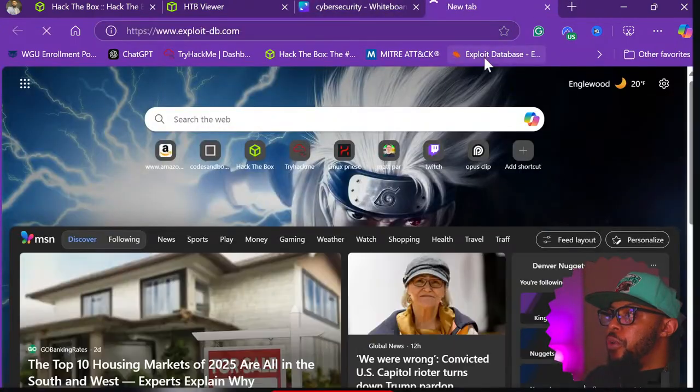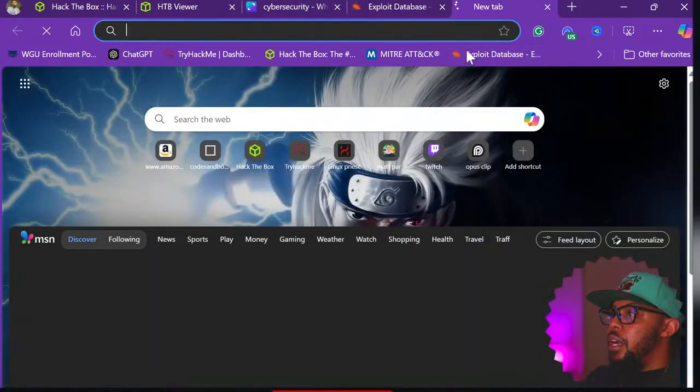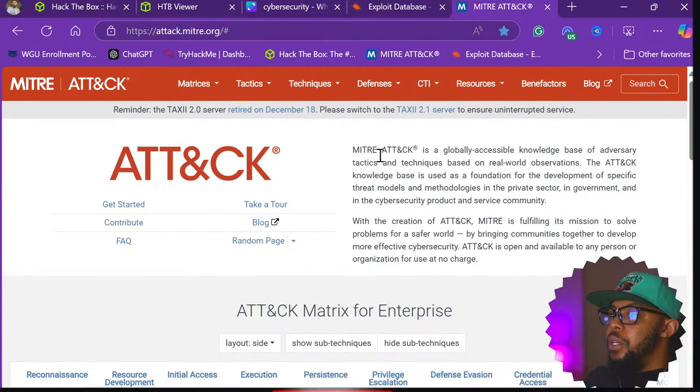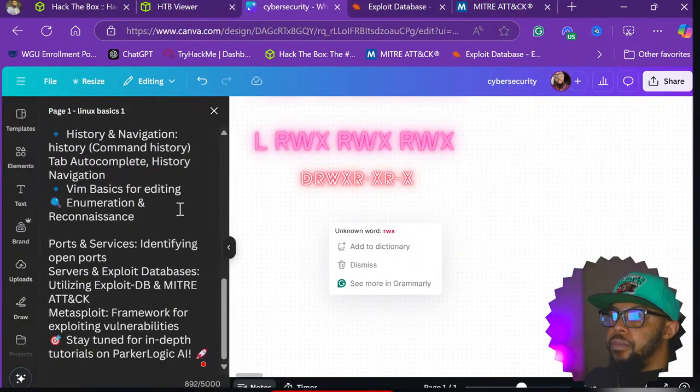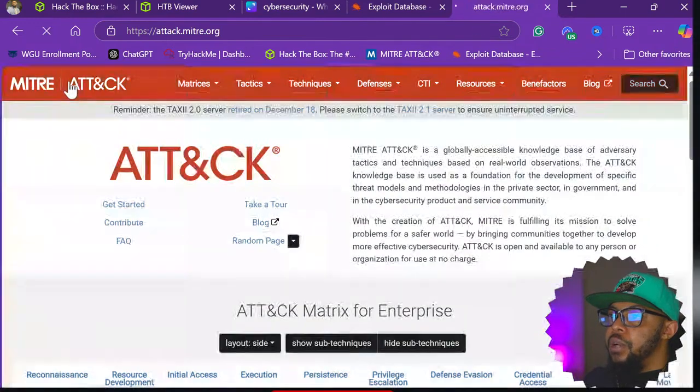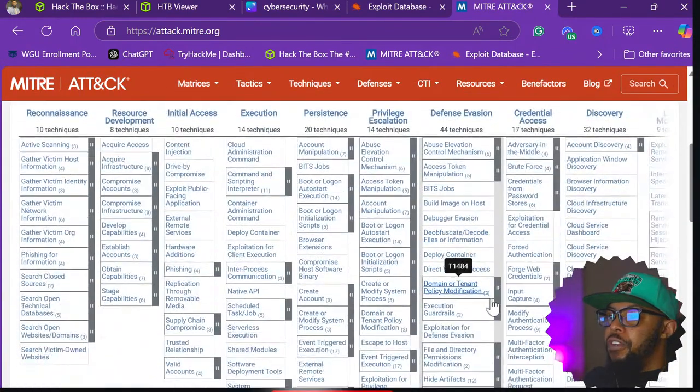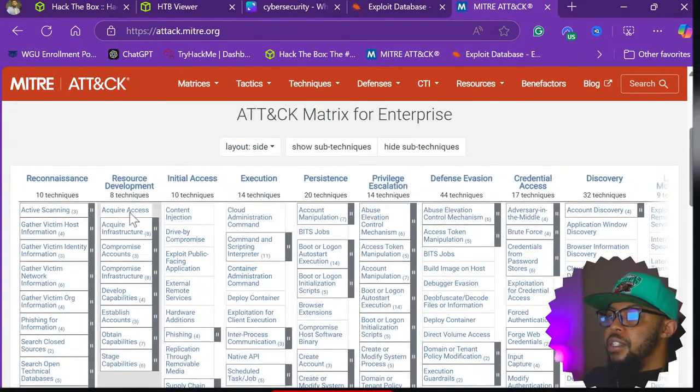And even before we do that, I want to open up these two and show you something. Now, I'm unaware if you use MITRE, but here we go. If you've never heard of it, this is